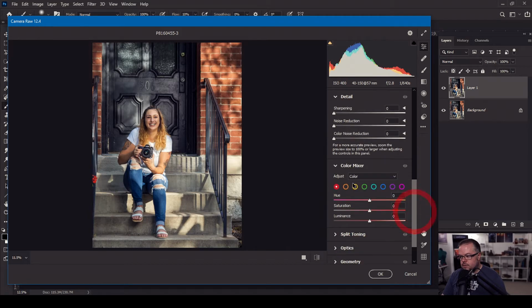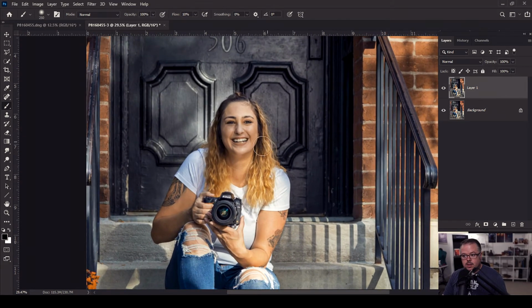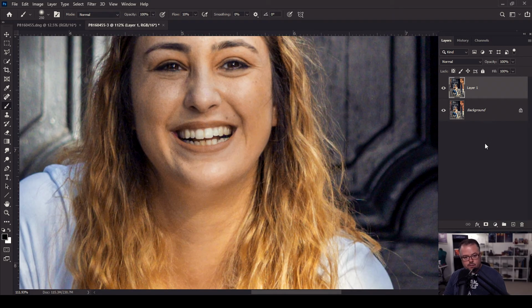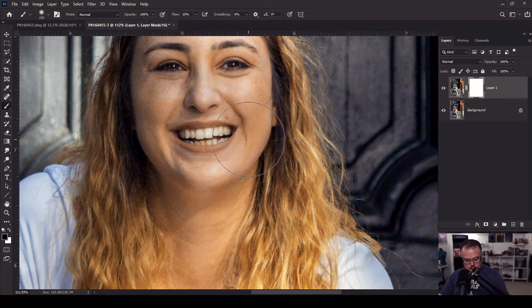That's where I'm going to come down now to the red slider and take the hue over significantly. The bricks changed a lot too, so we definitely need to fix that. I'm going to increase the saturation just a touch and the luminance just a little bit to try to help it blend with some of the brighter oranges that I saw in her skin. Then hit OK. Now I need to put a layer mask onto this so that I can ultimately take it away from just her lips. Using the layer mask icon here in the layers window, click it, and we have the white mask. We're painting with our foreground color of black, opacity of 100, flow of 10%, and simply hide this top layer on her lips